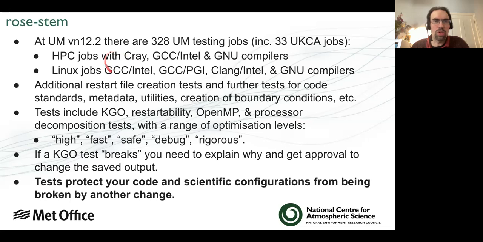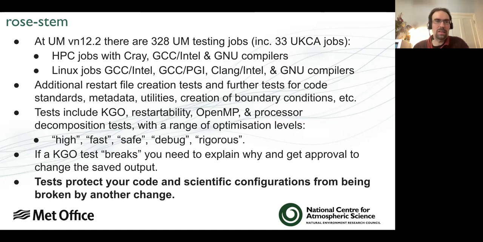So at 12.2, there are 328 different testing jobs, and 33 of these are UKCA. That means that if you wanted to test your single branch that you've been working on, you can test it completely, go away and automatically test against 328 different configurations and check that it doesn't break any one of these. And these different configurations have been decided on to be included in this test suite because they might be important ones to do with weather forecast or climate runs, that sort of thing,